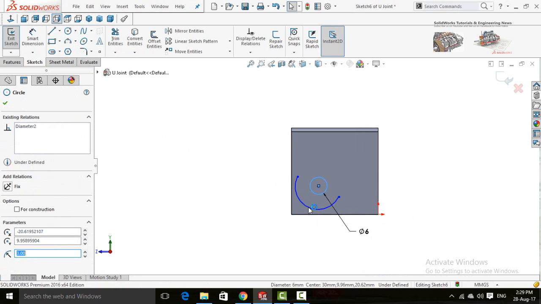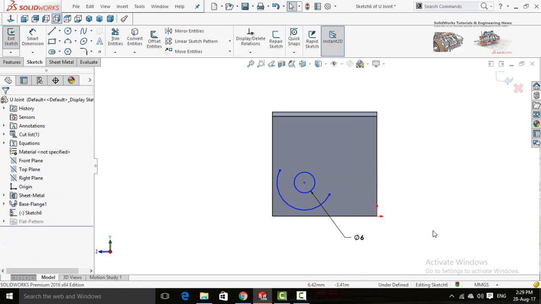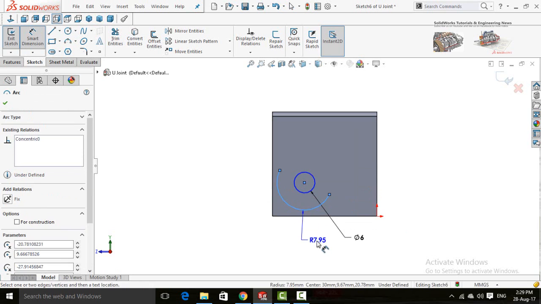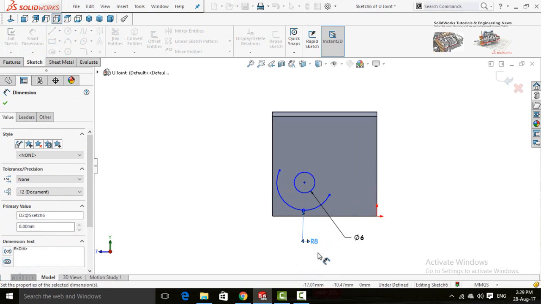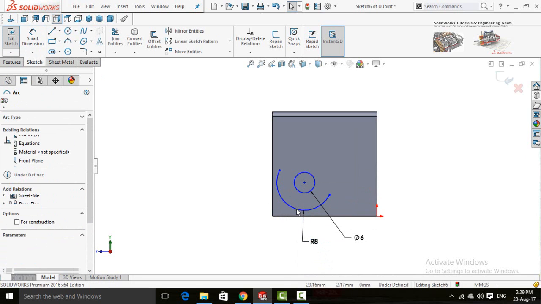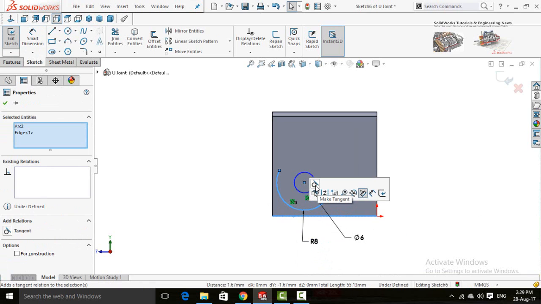Now select both of these, circle and arc, and make relation concentric. Now define it, radius 8 millimeter. Now select the arc and this line and make relation tangent.